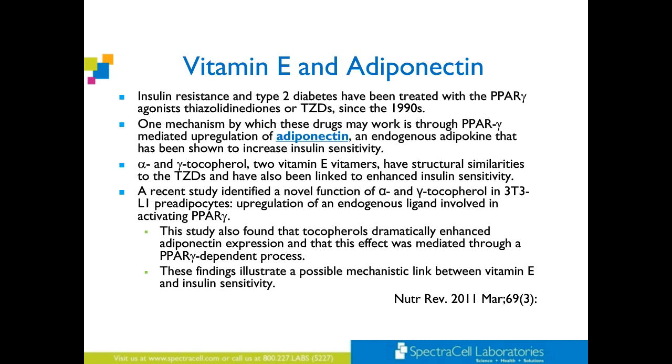Now, we always look at all of the vitamin E's, not just alpha, but we look at alpha, beta, gamma, and delta. And now, of course, we're also looking at tocotrienols as well. But the point is that there is a specific mechanism that is being looked at and how this vitamin E may be beneficial. Now, what's interesting about vitamin E is if individuals take a large amount of omega-3 fatty acids,